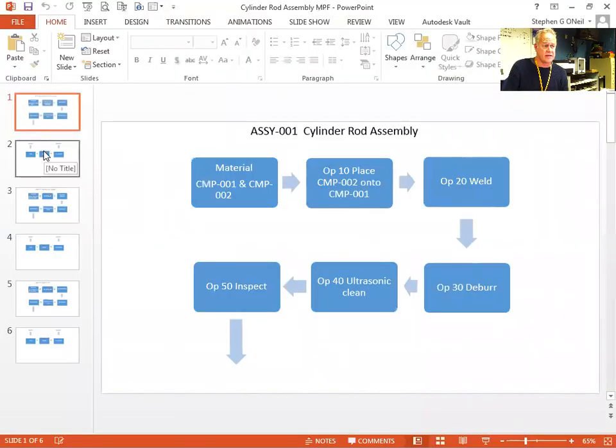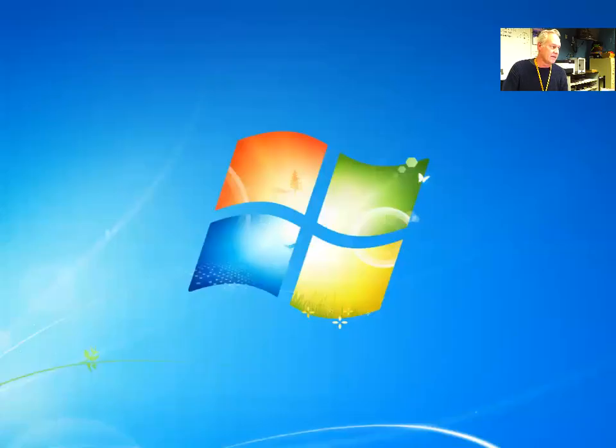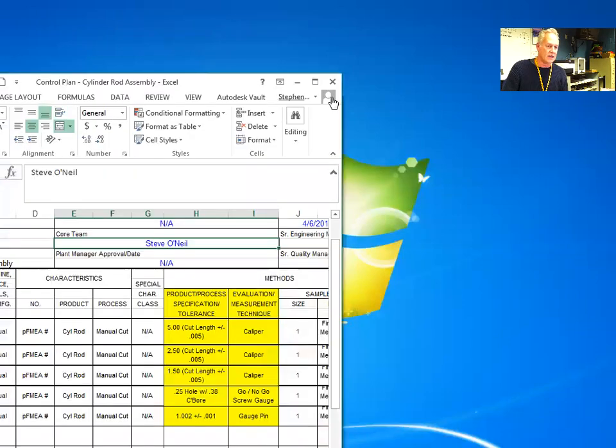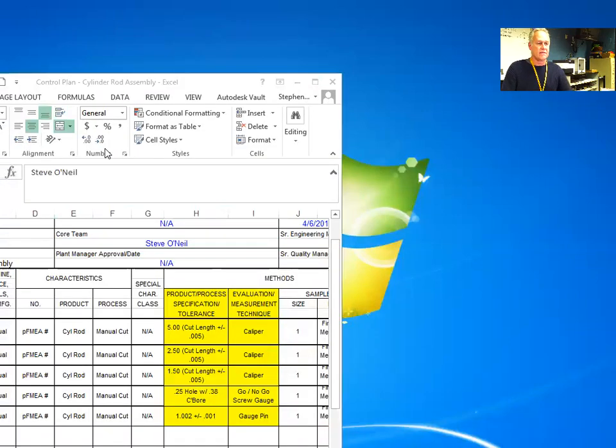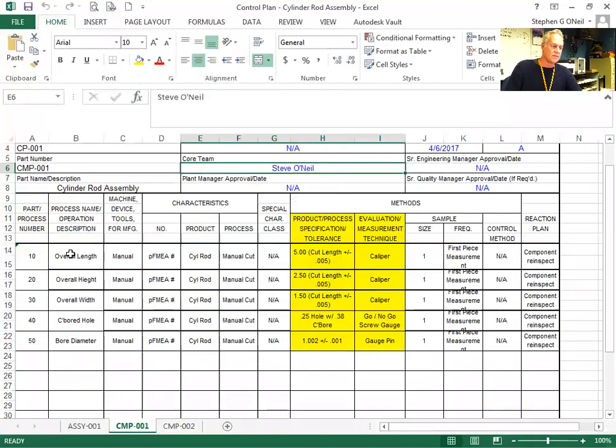It matches that of the BOO that we just looked at. The only difference being these operations are listed in a flow chart type pattern where it shows a pass or reject prior to inspection. And then finally, our control plan, which is essentially another Excel spreadsheet